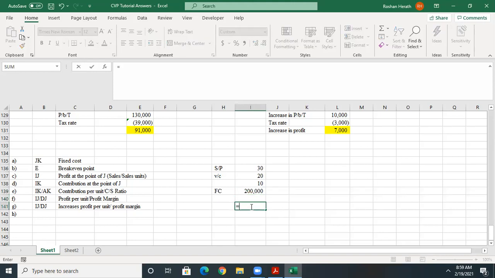So if you look at the break even now, in terms of units, at 20,000 units the break even occurs. And let's assume the current sales unit